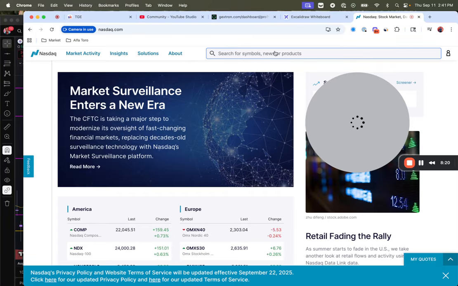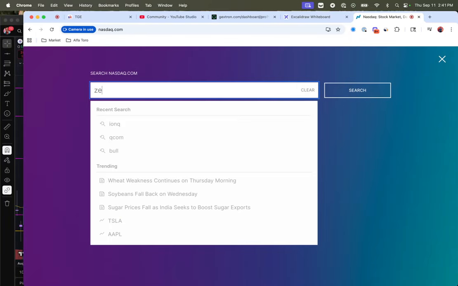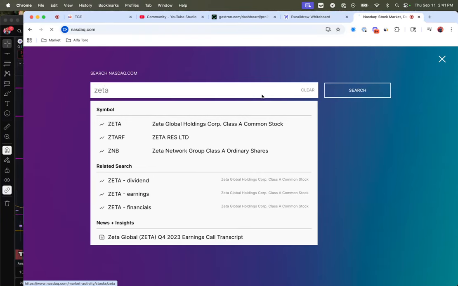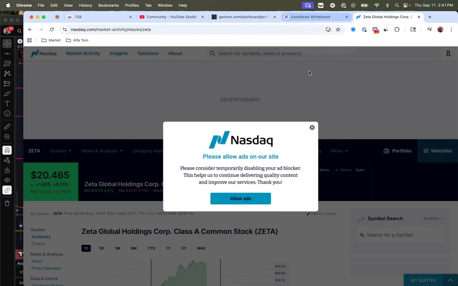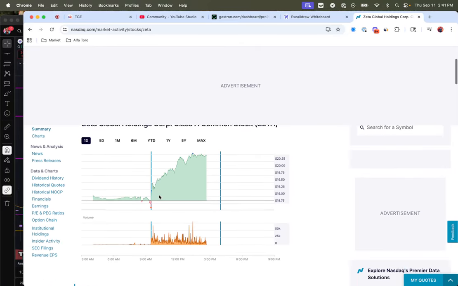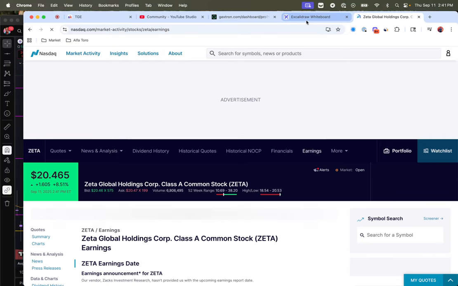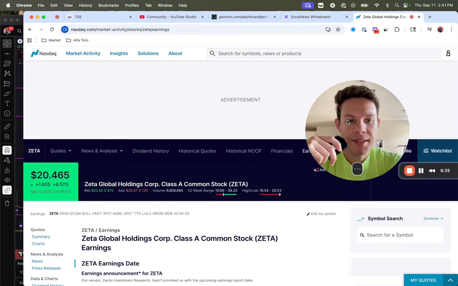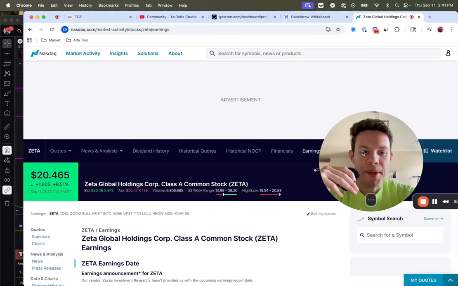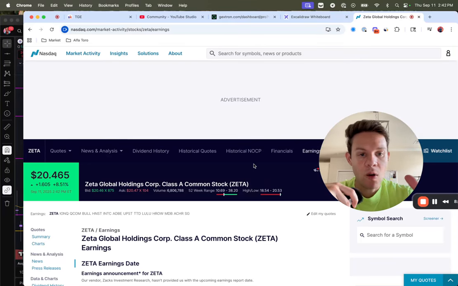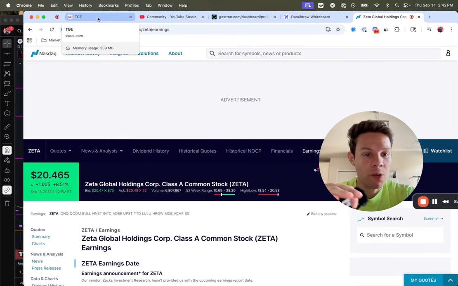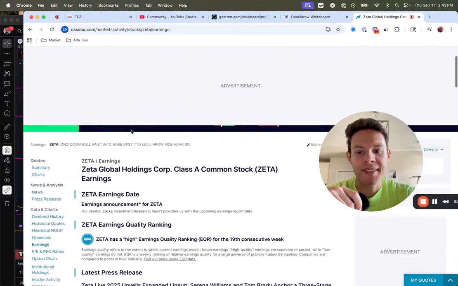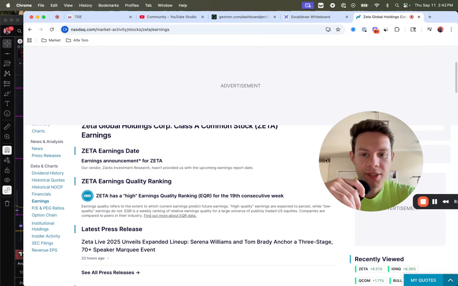When I look at a stock and I'm looking to swing something for a long time, I like to go to the earnings tab for that given security. Okay, this is like basic 101. If you don't know how to do this, you need to learn how to do this. There's a whole guide on how to do it inside the community. It's free, it's of no charge, and I show you how to analyze this data.